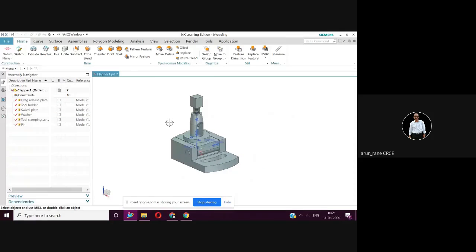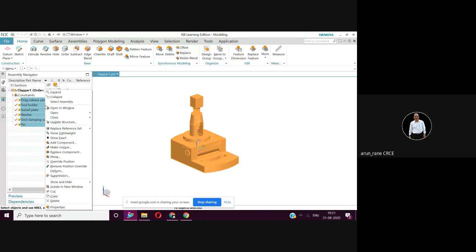So now what I am going to do, I'll delete this. There are two ways of deleting. Like in normal AutoCAD, you can select with a window, or you can go from here and select. So all the components are selected here. Then right click here and look for the delete option.